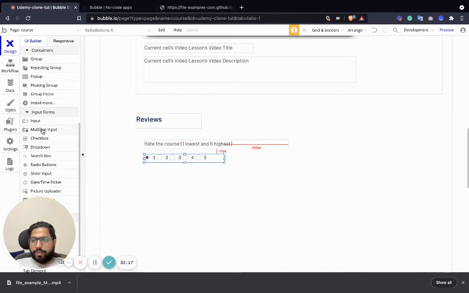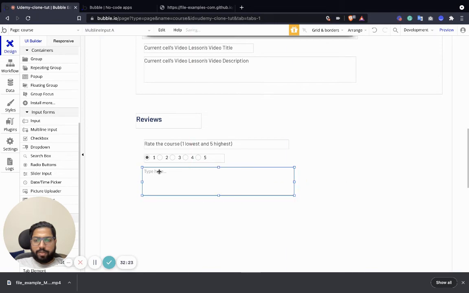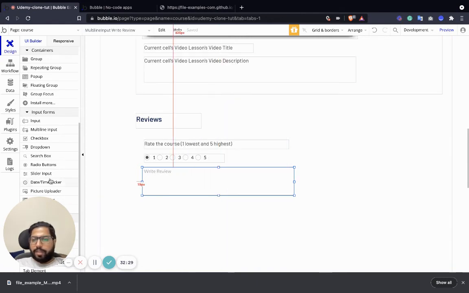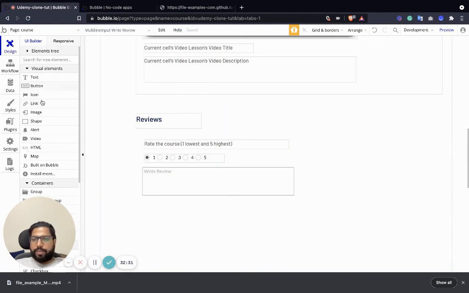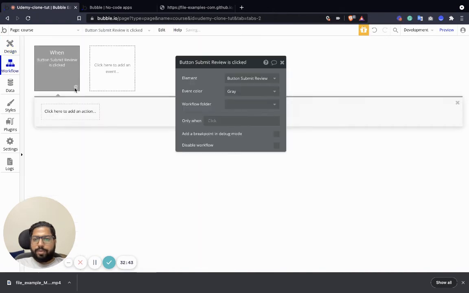And we're going to have a multi-line input to write the review. So this is going to be review, and then we're going to have a submit button. Okay. Here, submit review. So with this, what we're going to do is